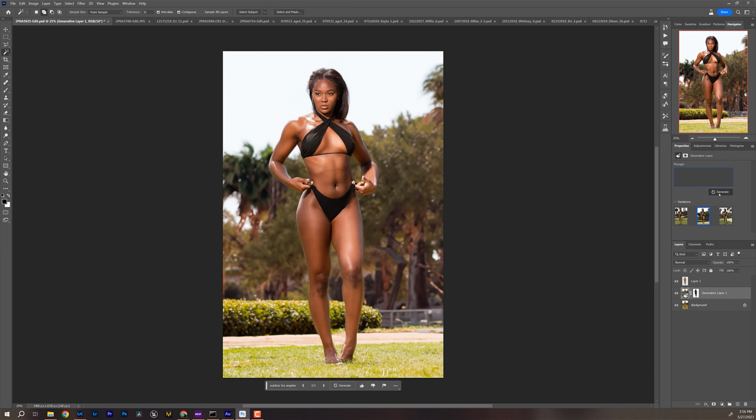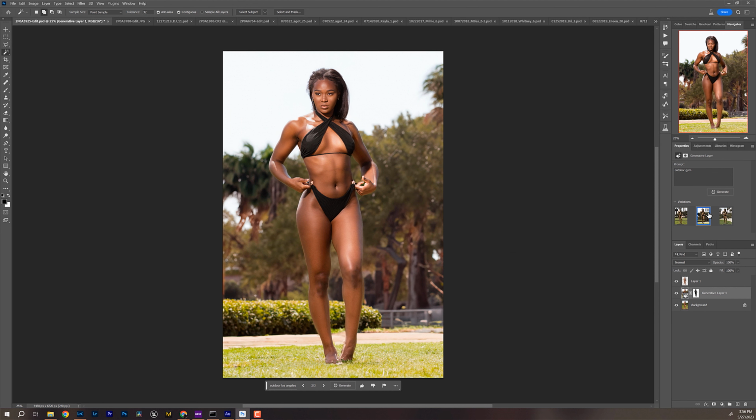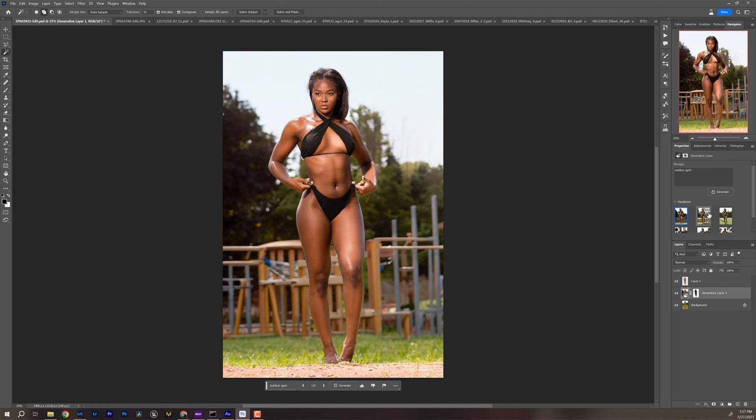We hit generate. And what I love is that it's gonna keep my original 3 selections. Is there a way they can generate more? Maybe. I don't know. I haven't seen it yet. Again, it's still in beta. That'll probably be an option later down the road. Okay, so we have some gym-esque stuff, more of a playground. It definitely gave us more of a jungle gym kind of feel. And this one just seems completely like outdoors. Yeah, it definitely gave us more of a jungle gym setup.